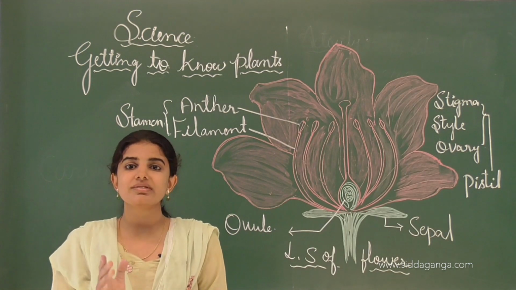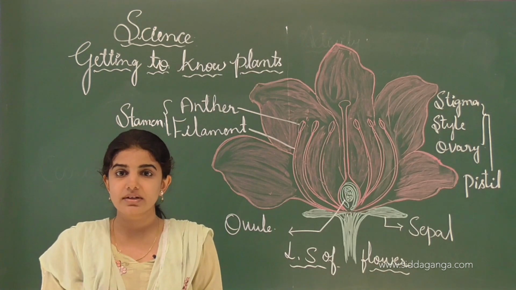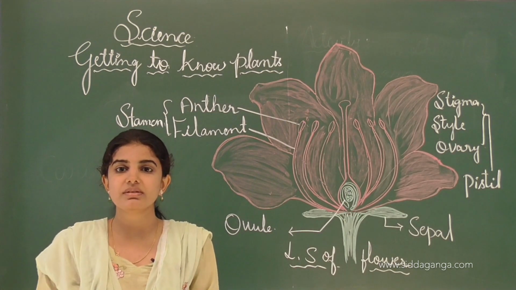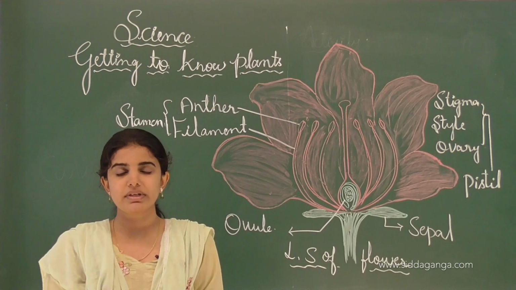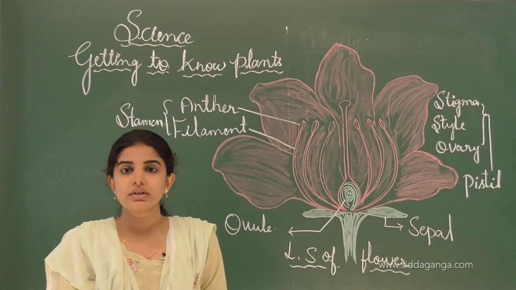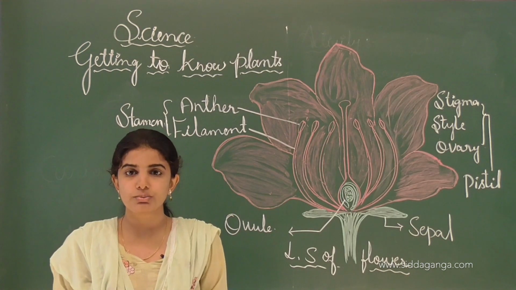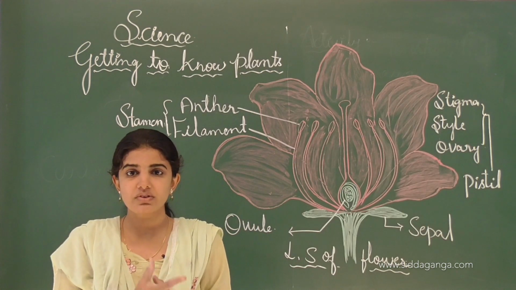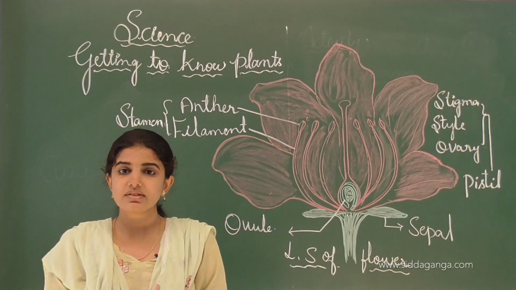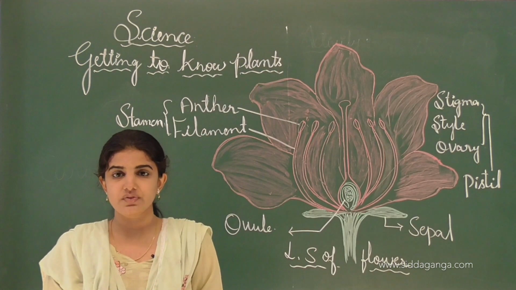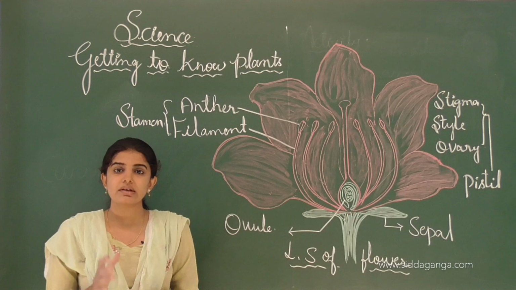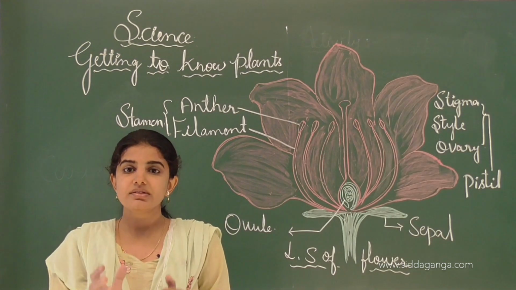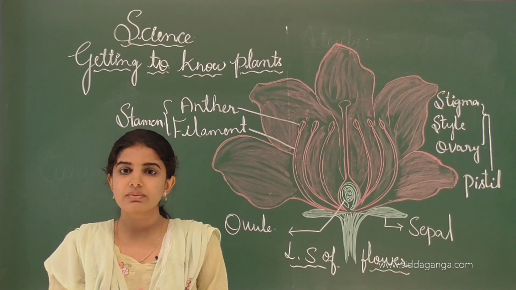By using simple substances like carbon dioxide and water, along with the chlorophyll pigment present in the leaf and the sunlight, the plant prepares food, nothing but starch, and leaves behind oxygen, which is released to the atmosphere, so that all organisms on the earth can utilize the oxygen that comes out from the leaf. This is the most important function of the leaf. One more function is transpiration. Transpiration is nothing but water coming out from the leaf in the form of water vapor. This is how the functions of the leaf take place.